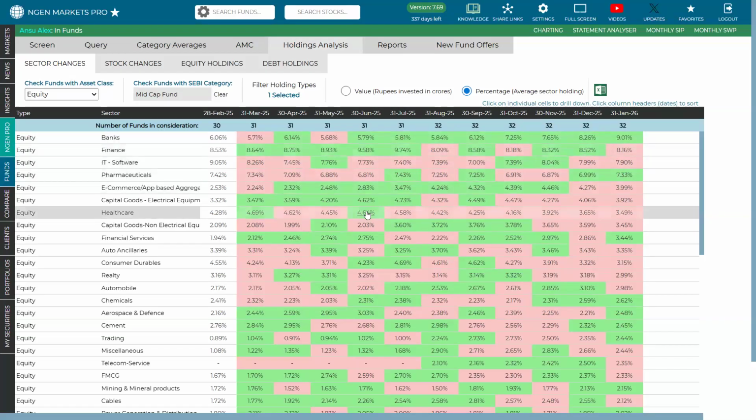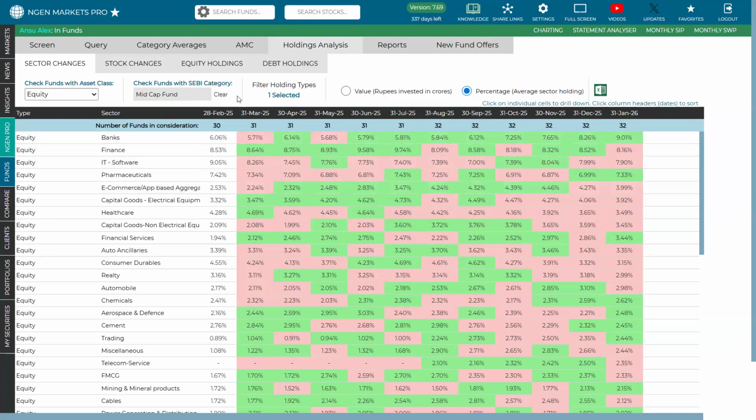For example, again, if we focus on healthcare as a sector, post June 2025, you could see mid cap funds have kept on reducing their allocation into this sector. In short, you could see that they are kind of bearish towards this sector, they are reducing their allocation. While if we look at banks as a sector, post May 2025, they have in fact kept on increasing their allocation into banks as a sector. Now, this is what we had looked upon a specific SEBI category, and we were looking upon a sectoral level.